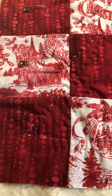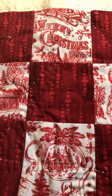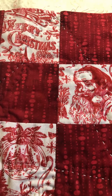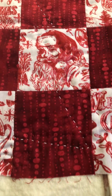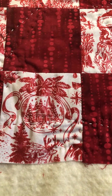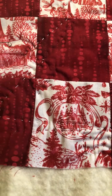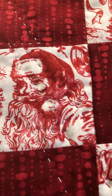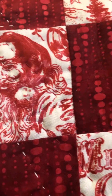than the red thread. So technically there's a red Christmas tree that was hand quilted here, and then I just hand quilted a white Christmas tree. So of course the white Christmas tree came through better. But it's not perfect because something happened over here to where I can't really see the little